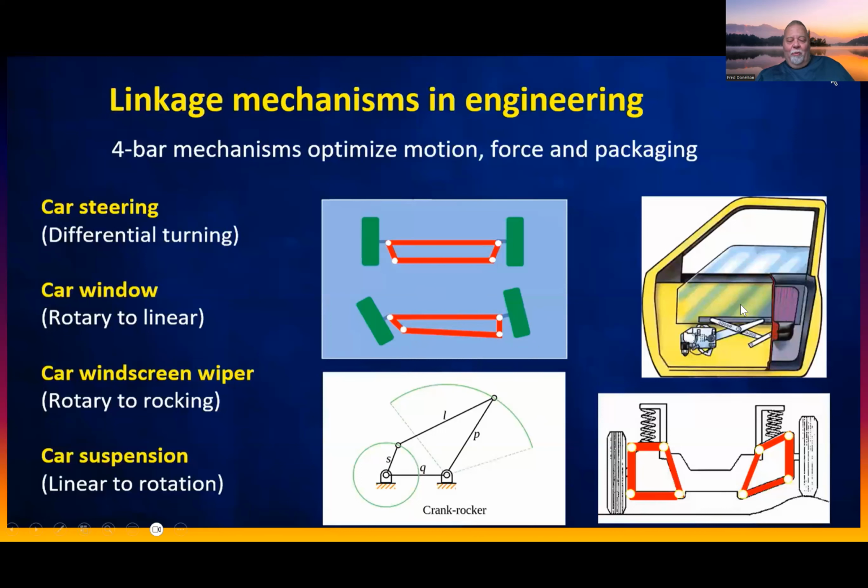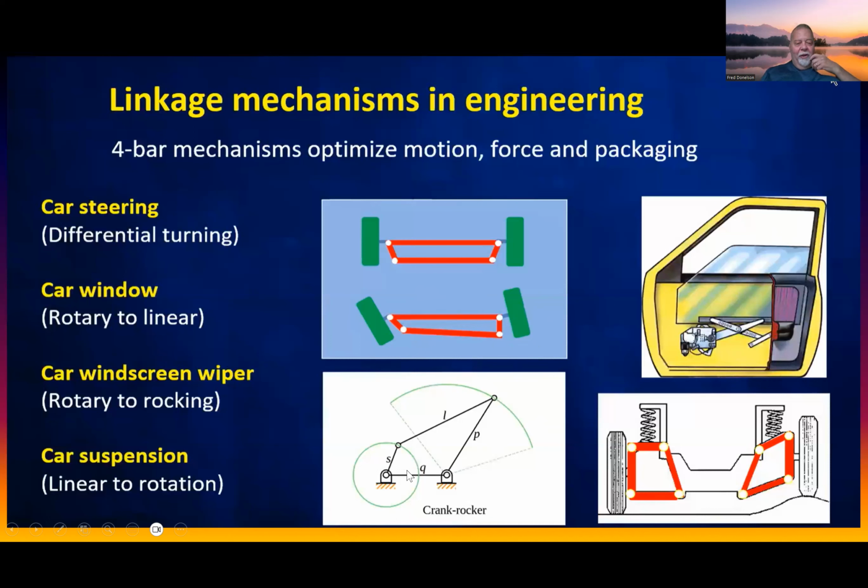Like, for instance, your car window. You have this rotary thing. It used to be we had hands that did it, but now we just have the battery turn it. But we have this rotary motor, and it's going around in circles. But the four-bar system allows it then to go up and down. So it goes from a rotary motion to a linear motion. Again, a very complex design.